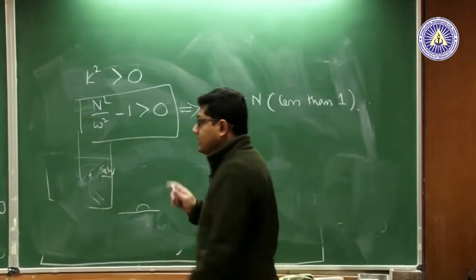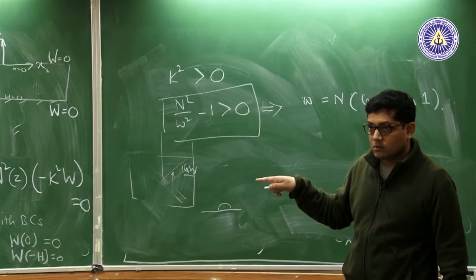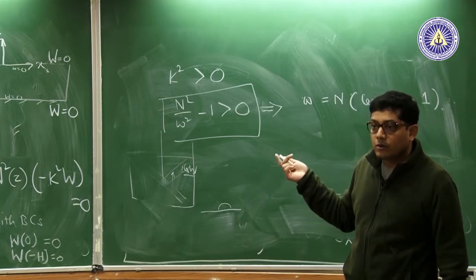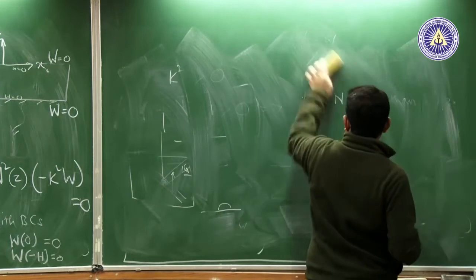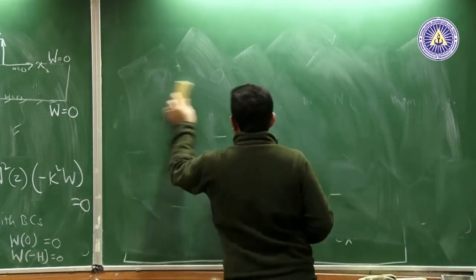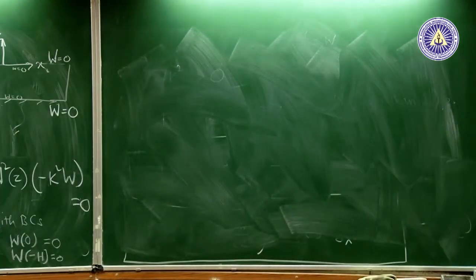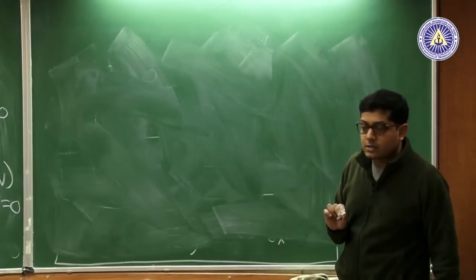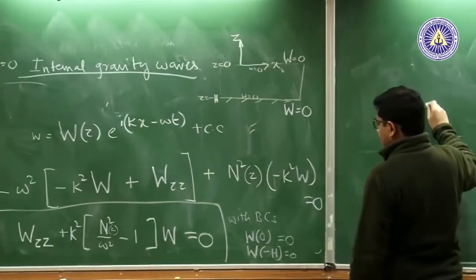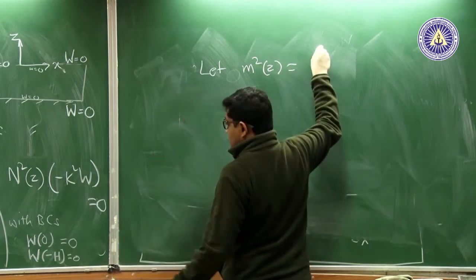Another thing: this type of equations we have done before, right. These are called Sturm-Liouville boundary value problems. Let me first talk about the more difficult problem which we are not going to solve. Again, I will write a small z here to keep on hammering that N square may not be constant, the density stratification may not be constant. Now, let m square be